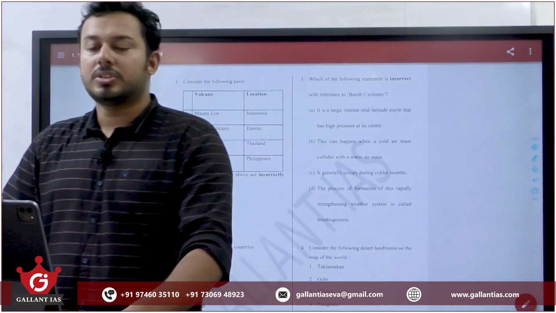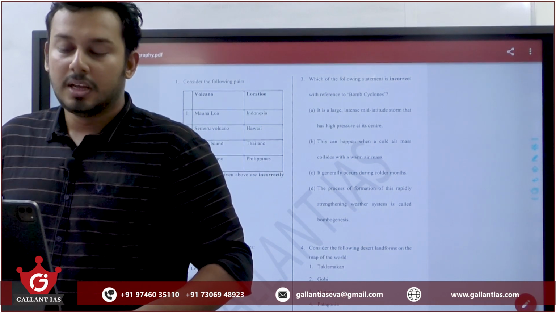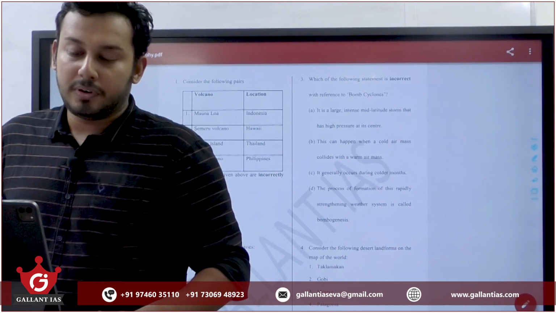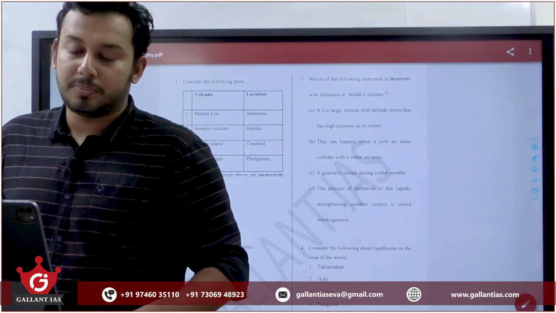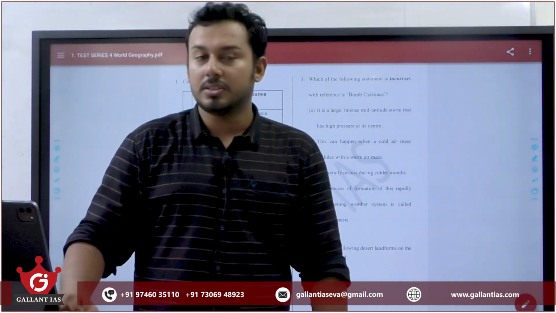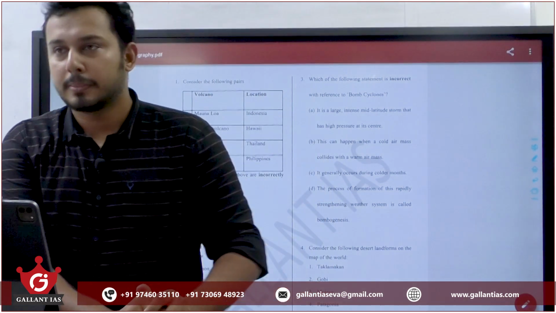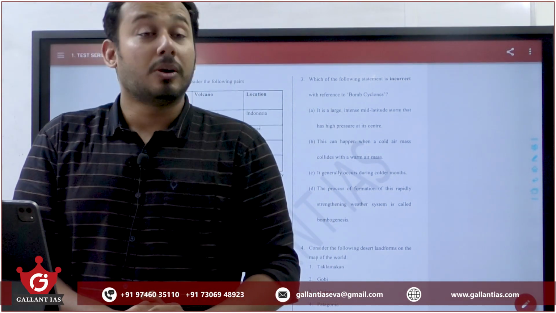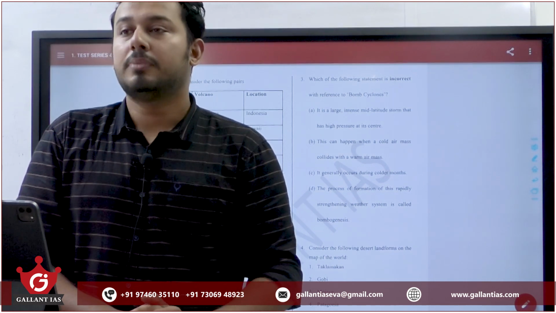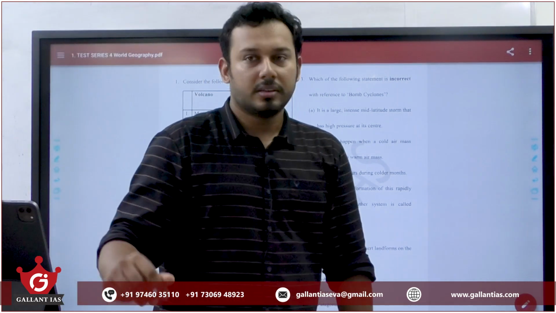With reference to mangroves, consider the following. Mangroves occur mainly between latitudes of 60 to 90 degrees in both hemispheres. Mangrove plants have special roots like prop roots or pneumatophores. Mangroves can act as natural filters, trapping and removing pollutants and excess nutrients from the coastal waters. Mangroves can act as natural buffers against coastal erosion, storm surges and tsunamis. Any possibility of elimination? Mangrove is basically a tropical plant. 60 to 90 degrees means it belongs to the polar subpolar region. So if you eliminate A straight away, you can get the answer D.